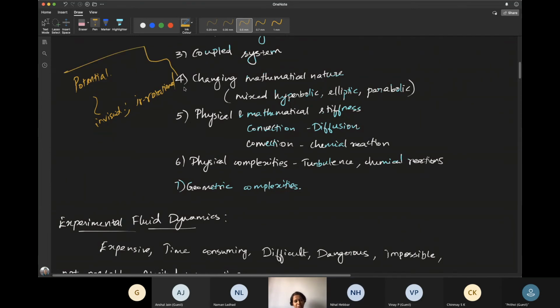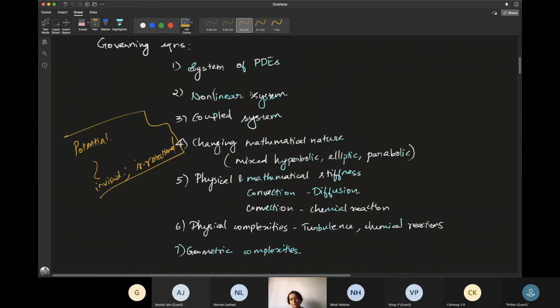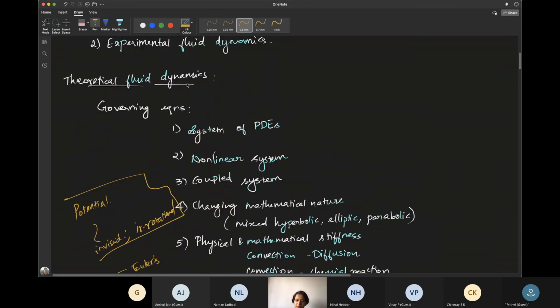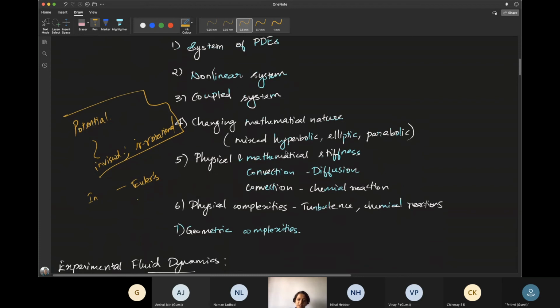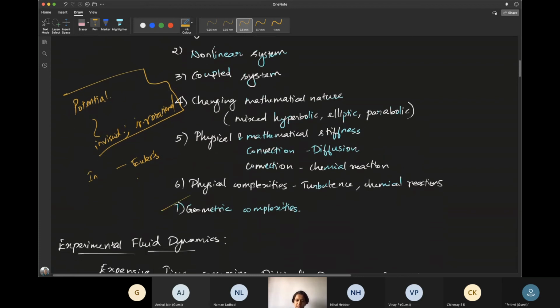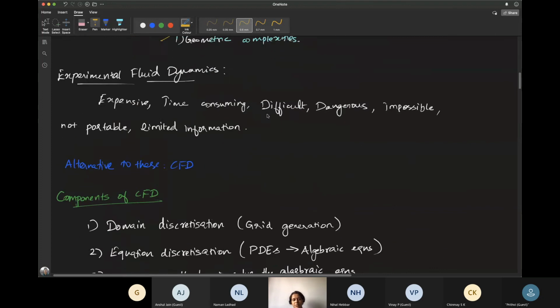So you have a lot of assumptions going into potential flow theory. Also we have inviscid fluid dynamics, which considers Euler's equation only, that is, without the viscous terms. That also involves a lot of assumptions. So when you do something analytically, we bring in a lot of assumptions, and also geometric complexities. With simple geometry only, we'll be able to do things only with simple geometries. So this is a major problem with theoretical fluid dynamics.